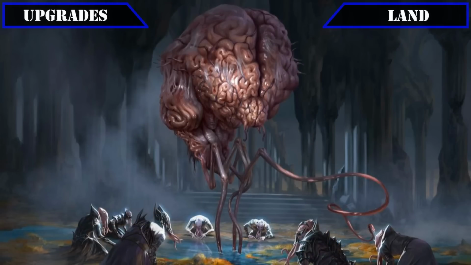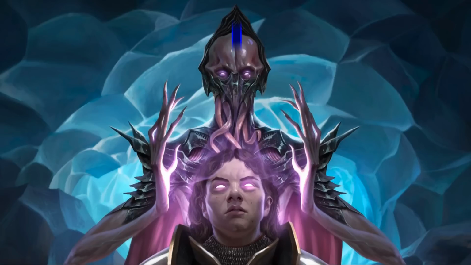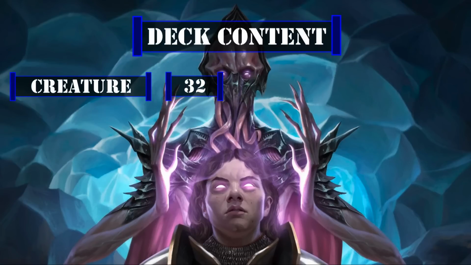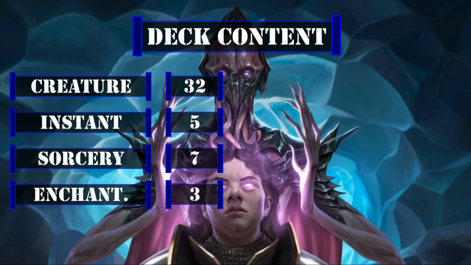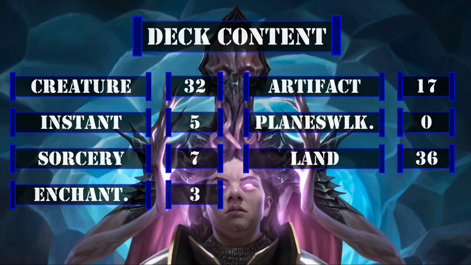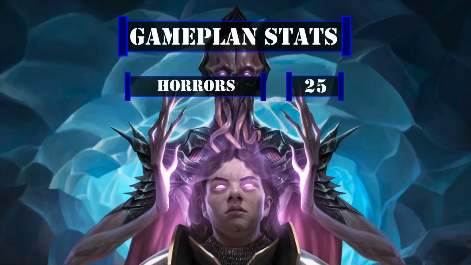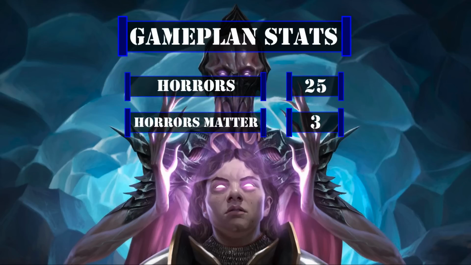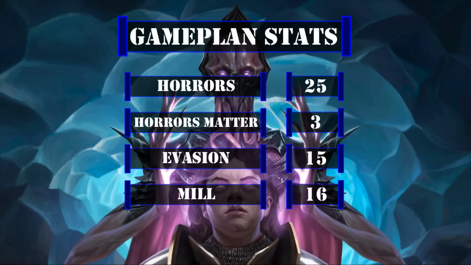So, now that we've covered all 35 cards we've upgraded from the core build, let's take a look at the breakdown for this Precon upgrade. This deck currently has 32 creatures including the commander, 5 instants, 7 sorceries, 3 enchantments, 17 artifacts, 0 planeswalkers, and 36 lands. Looking at the stats that matter to our game plan, we have a total of 25 horrors, 3 cards that care about horrors, 15 evasive creatures or sources of evasion, 16 cards that mill our opponents, and 15